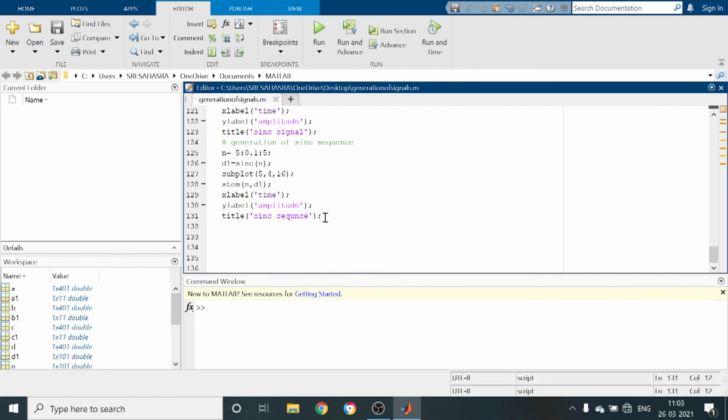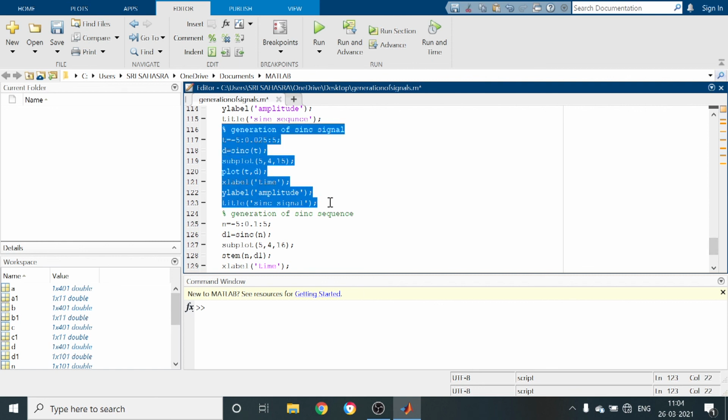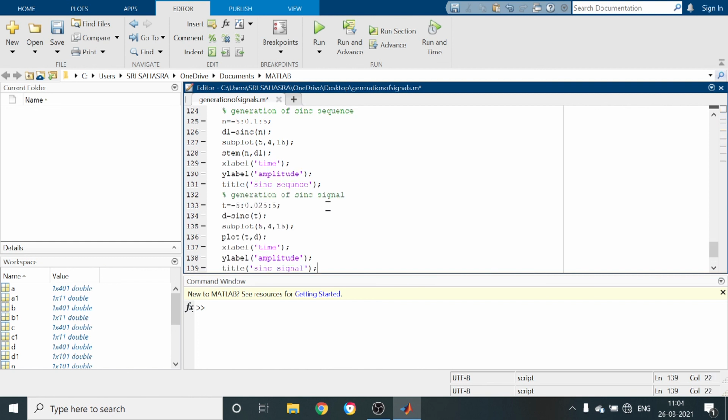Next, finally, we have to generate some more signals, that is after sync, signum, then tripulse. So I am copying the sync signal. So here is the generation of signum.